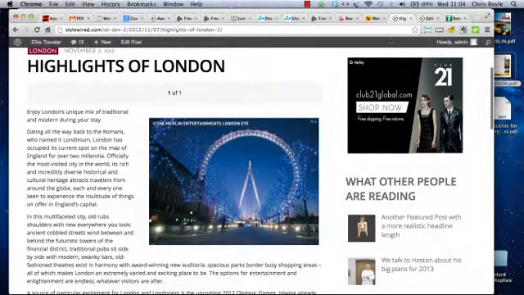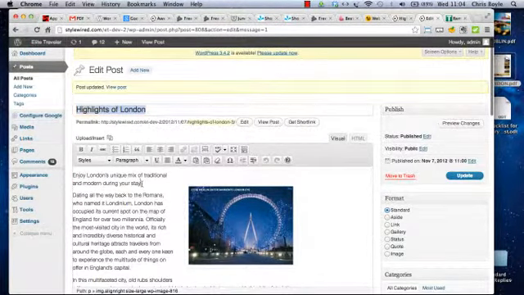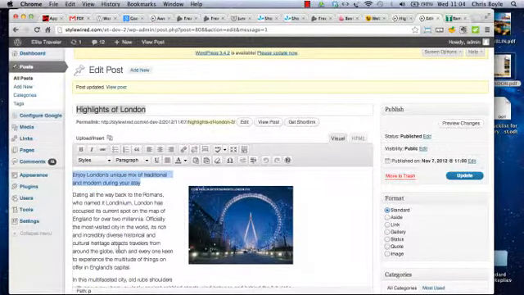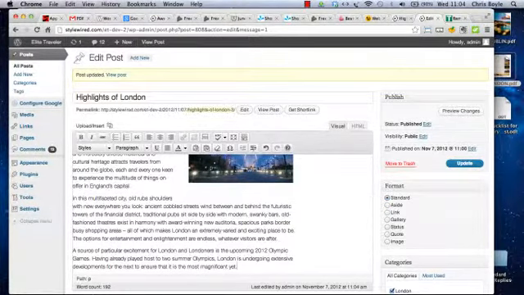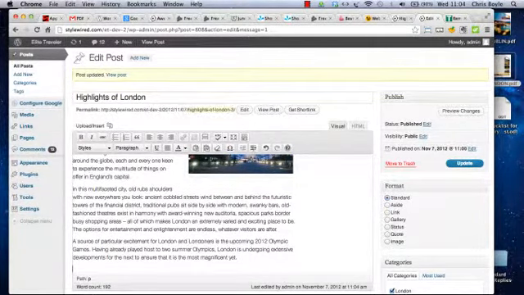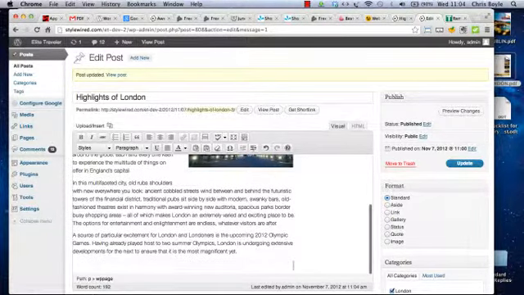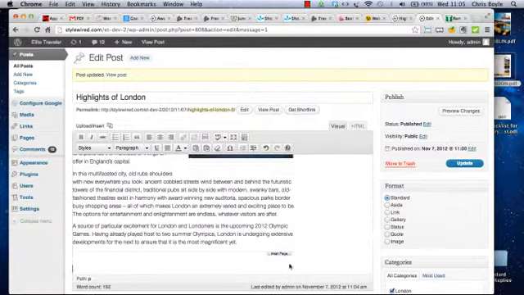Okay, so now we just need to do a bit more formatting of the text. So the next thing to format is the first line. The first line of text in each post should be formatted slightly differently to the rest of the text, and that's very easy to do. Just highlight the text, click this styles drop down, and select first sentence highlighted. And finally, the last thing to do, put your cursor at the end of the text, delete any dead space, click return, and now press on your keyboard Alt-Shift-P,